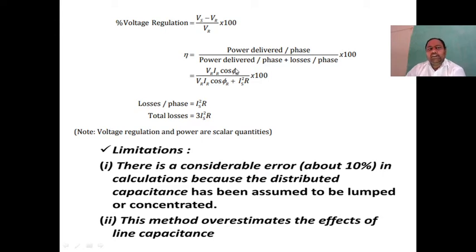So the percentage voltage regulation is equal to Vs minus Vr by Vr into 100. Normally that is represented by Vr dash. So no need to find out the no load voltage by the independent method. So simply write the percentage regulation approximately Vs minus Vr by Vr into 100. So simply we write Vr dash also. Once we find the ABCD constants, please replace that one: Vs by A minus Vr by Vr into 100.